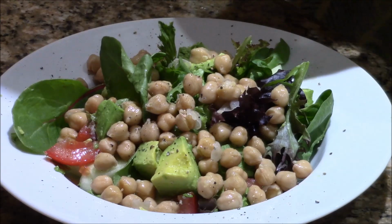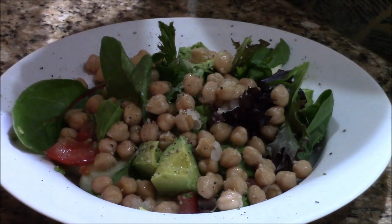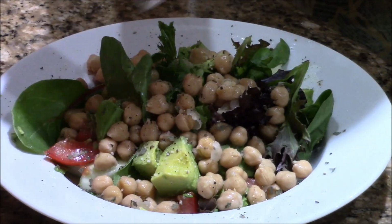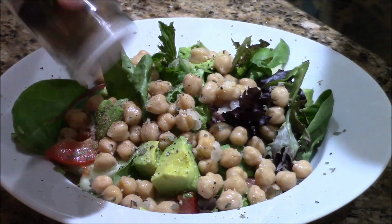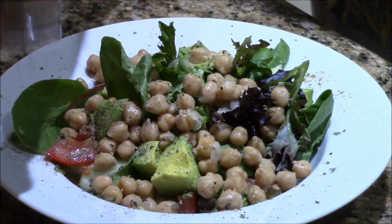Put it around the plate, makes it look pretty. One crack of salt to bring out the flavors. I'm gonna put some basil and put a little on the plate too, make it look pretty. And then some coriander seed, which is really flavorful, also known as cilantro. A little olive oil,